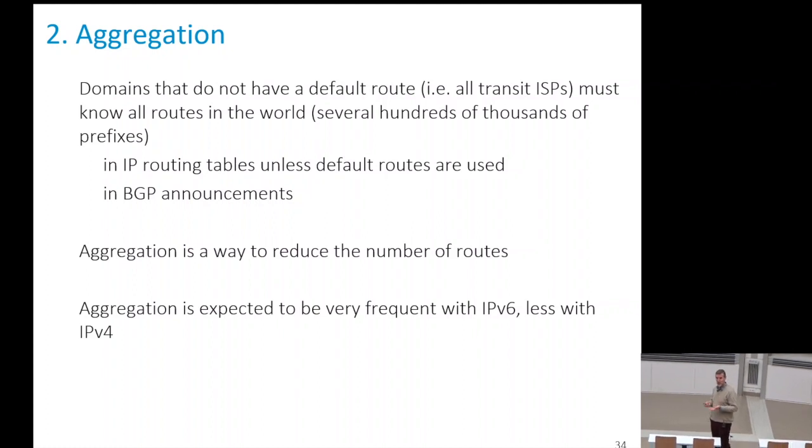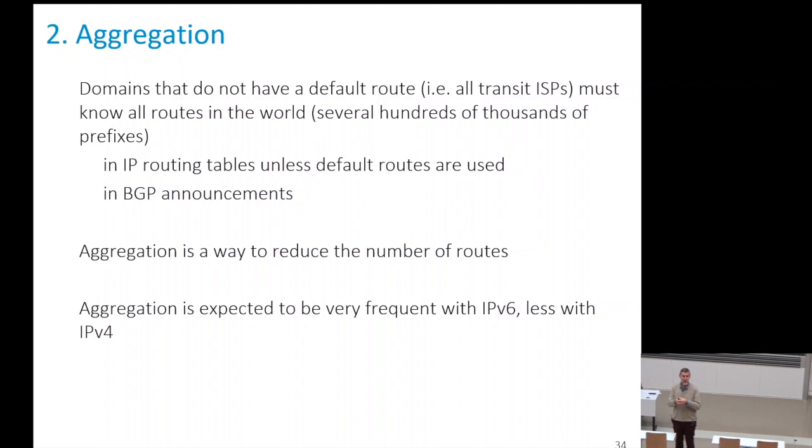Now, the number of routes that exist in the domain, as I said, is more than 500,000 today with IPv4. So there is a huge amount of work that BGP routers have to do. It has lots of drawbacks. First, the BGP tables are huge, but also the IP forwarding table. Whenever a packet comes into a tier 1 router, a router that belongs to Orange, for example, and is at the backbone of the internet, not an edge router,